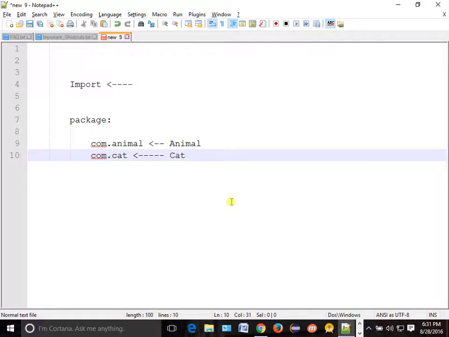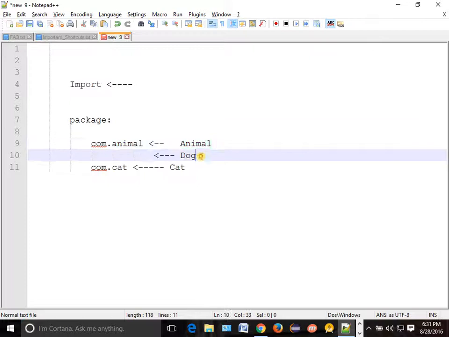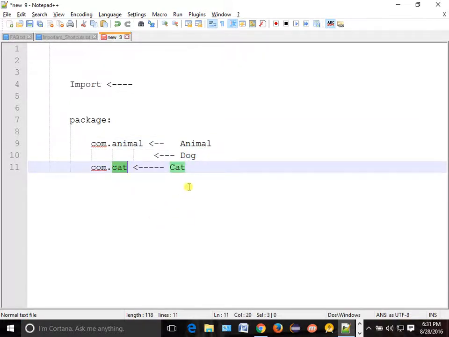Now suppose inside animal, in the same folder, you have one class called dog, just for example purposes. So inside the animal package, how many classes are there? Two classes, animal and dog. Inside cat, which classes are there? Cat.